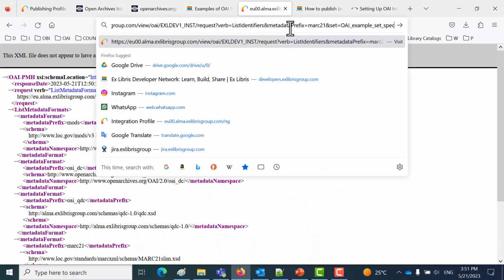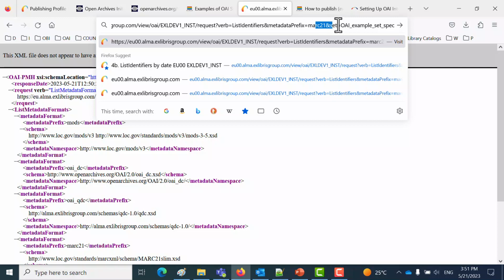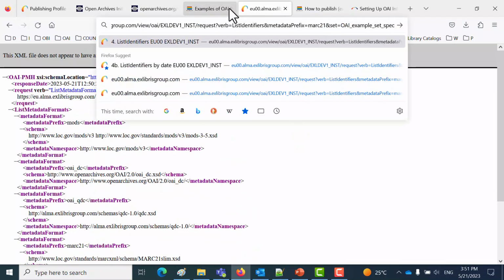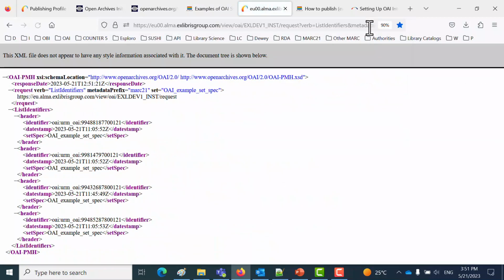You can see here we have set OAI example set spec, and we want to list the identifiers. Our verb is list identifiers. And let's see what we got here. So we will take this and enter. And here we go. So these are the identifiers. We can use these identifiers to retrieve a specific record by that